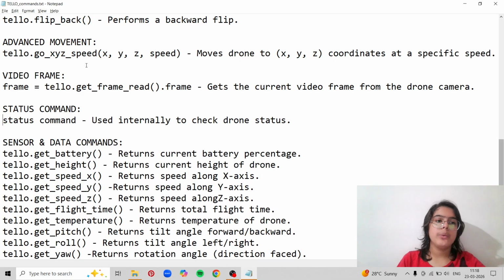And then we have advanced movement, which is for defining the speed of the drone. We usually do not use this as the telodrone speed is sufficient. But if you want the speed of the drone to be a little less so that it does not get involved in any destruction, or if it goes smoothly, or if you want the speed to be increased because you think the drone is way too slow, so you can use this function, which is telo.go_xyz_